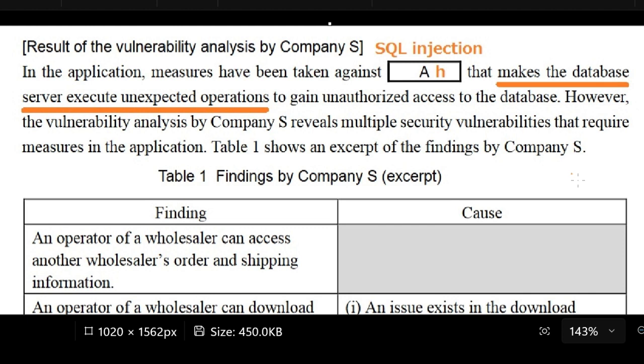So if you're reading the text in the actual exam, you may also want to put an underline on the words that are important for you, that you want to remember,